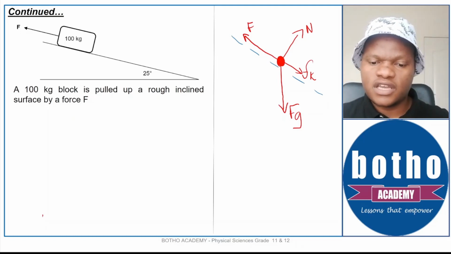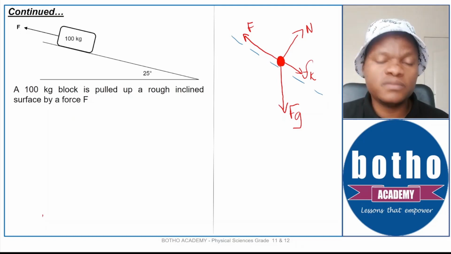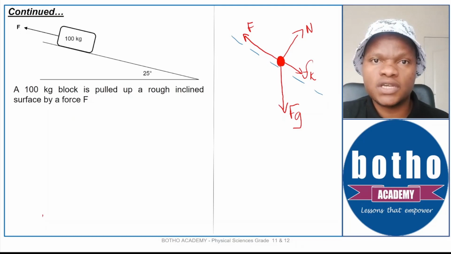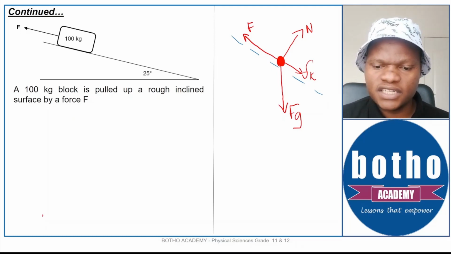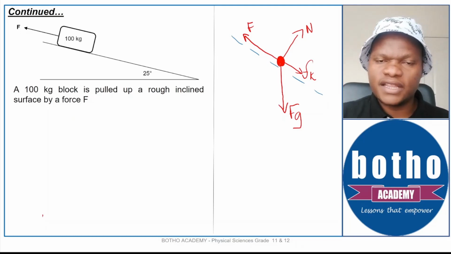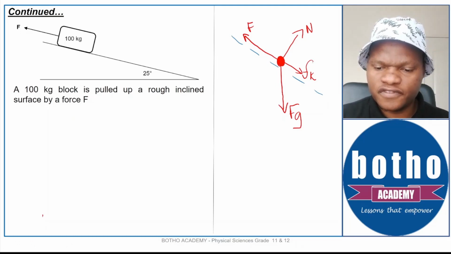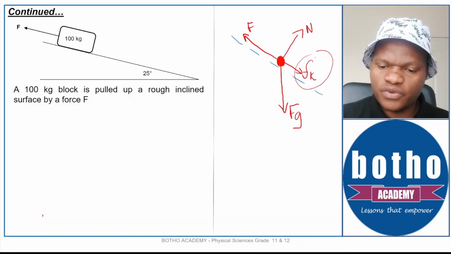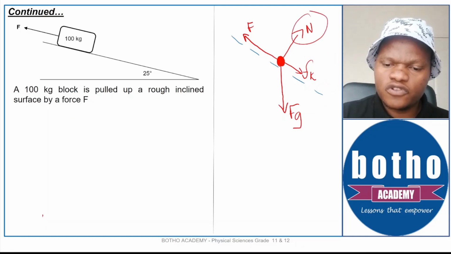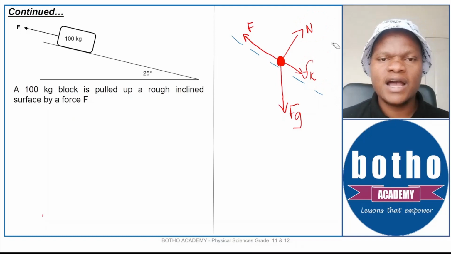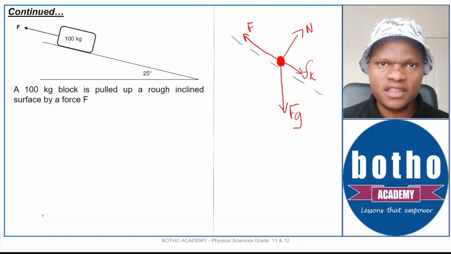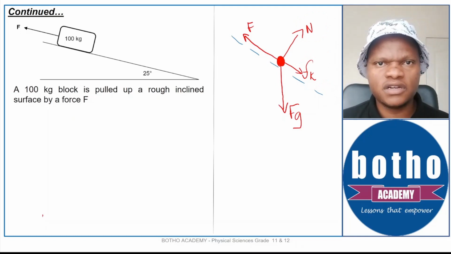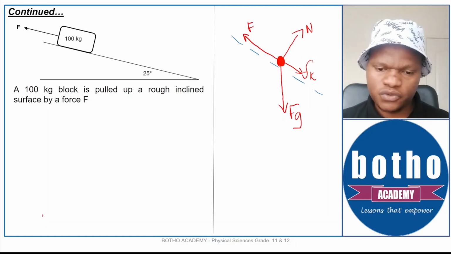Okay, so this is a free body diagram of an object on an incline, and I'd really recommend that you practice this one a lot more than the others, because this is where we see the most mistakes. As you can see, the blue line there, like I said earlier on, was there to guide you, especially with the drawing of the frictional force together with the normal force, because those are the forces that are related to the surface. They are either parallel to the surface, which is your frictional force, or perpendicular to the surface, which is your